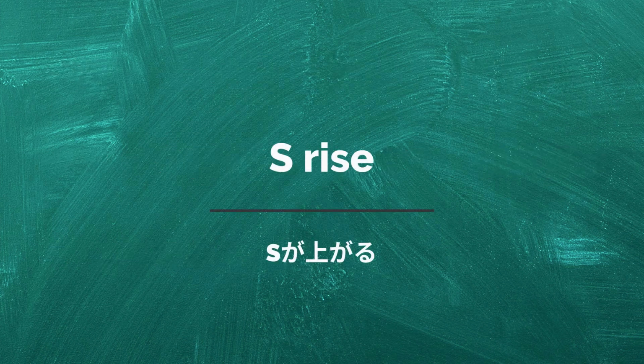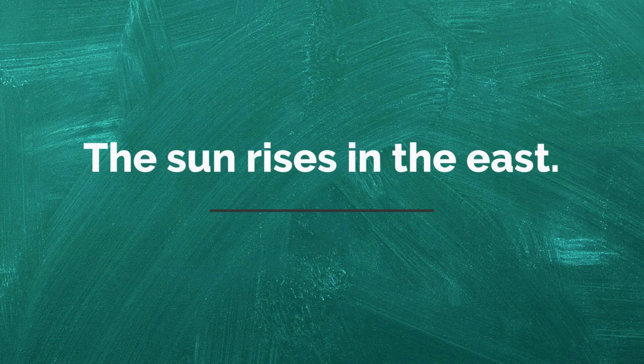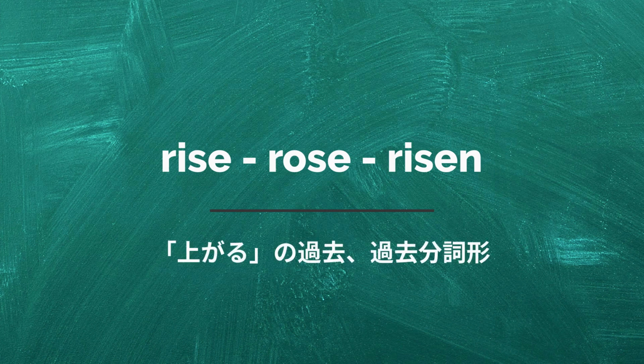S, rise. S が上がる。 The sun rises in the east. 太陽は東から昇る。 Rise, rose, risen. 上がるの過去分詞形。